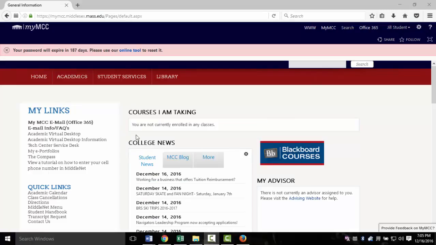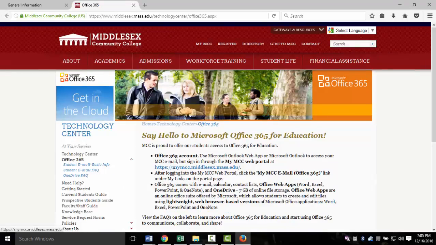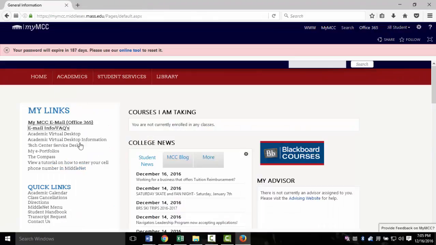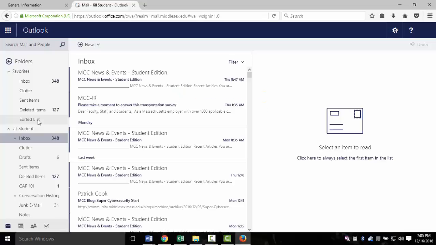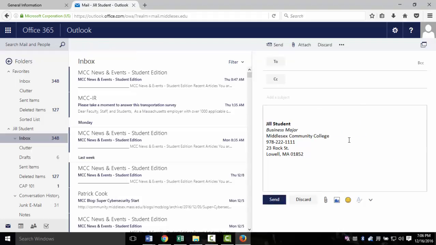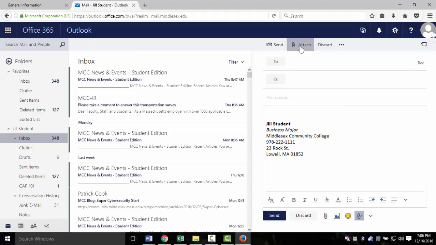I'm going to show you how to attach a file properly when using your Office 365 email account. And so when you log into your MyMCC, you're going to go to MyMCC email. And as soon as it loads, you will go to a new email. And when you go to attach,